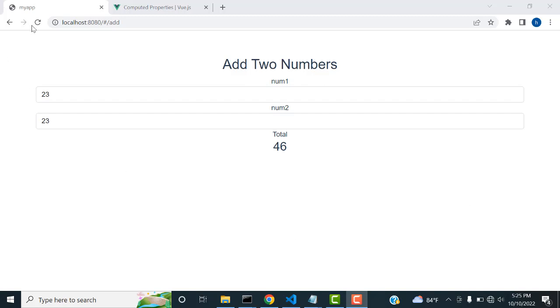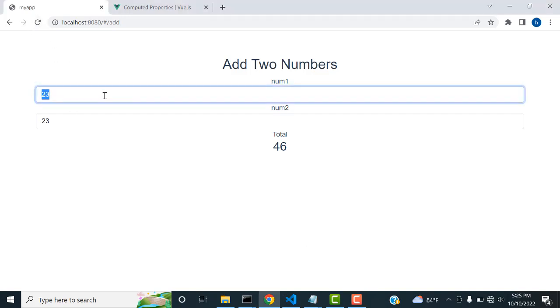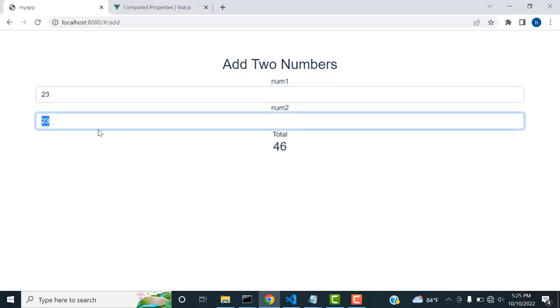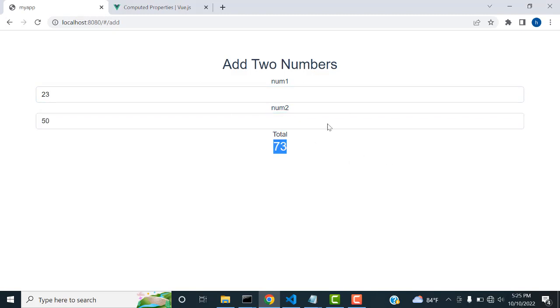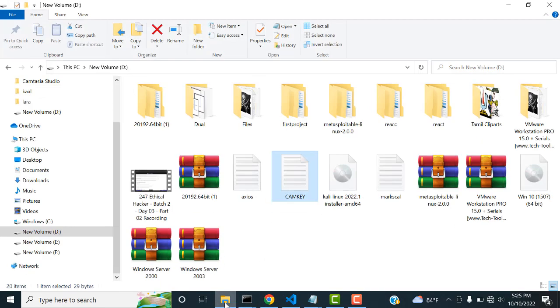Right now, in this tutorial, I am going to teach how to create a simple form and to add two numbers. Very simple, right? So first, I'm going to show you the exercise here. If I enter the numbers here, it will be calculated and display the total, right? So how to do this simple system, I will teach step by step. First, let's